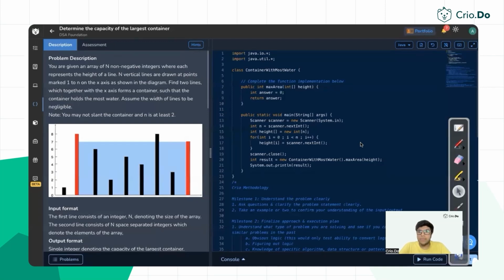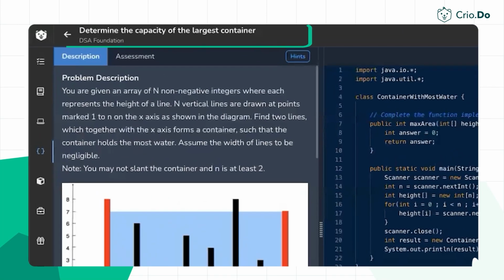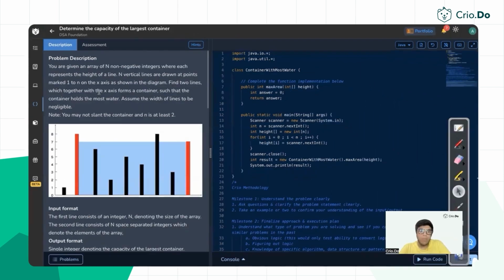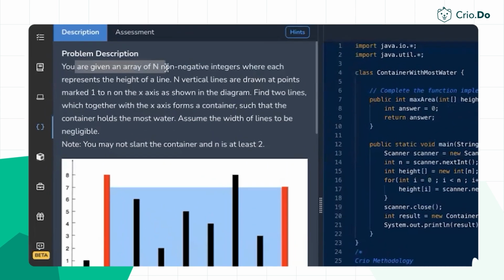Everyone, welcome back. In this particular video, we will be discussing the problem: determine the capacity of the largest container. The problem is saying you are given an array of size n containing non-negative integers. So the array has at least some elements. Each of those elements is non-negative, at least greater than or equal to 0, where each element represents